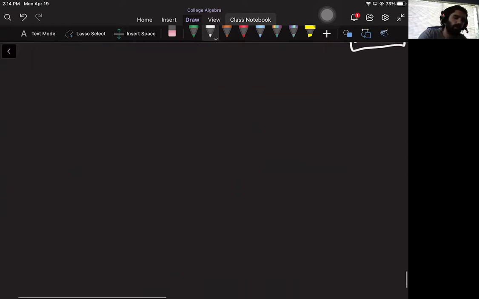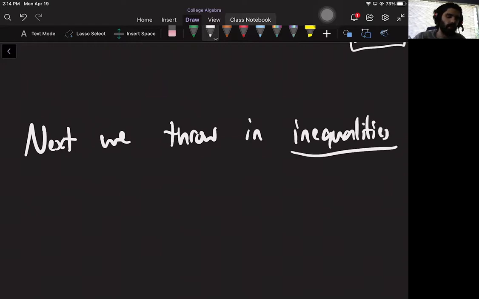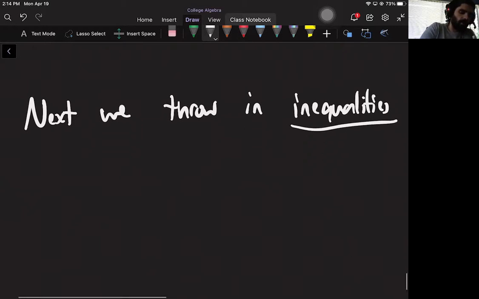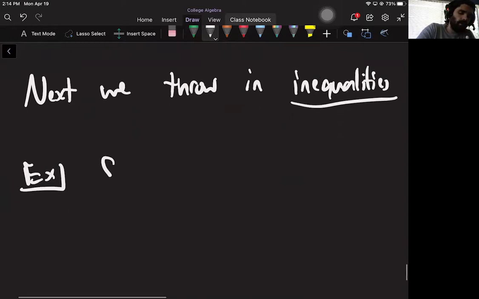part. So next we throw in inequalities, which you hopefully remember from last time. Now we mix them with absolute values, and it can get a little confusing, but it's pretty systematic. So that's nice. Okay, so we're just going to jump right into an example of what something would look like,